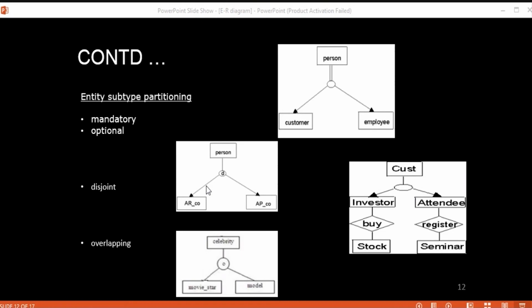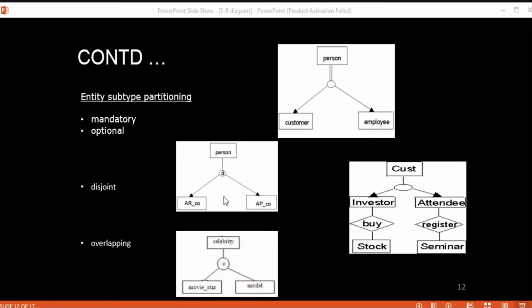So this D represents disjoint entity subtyping, which means that whenever the data for a new company is entered into the database, the company can be classified as either this particular AR_CO or AP_CO, but not both. Why? Because it has the disjoint relationship. In that case we are allowing entities to be of only one subtype.